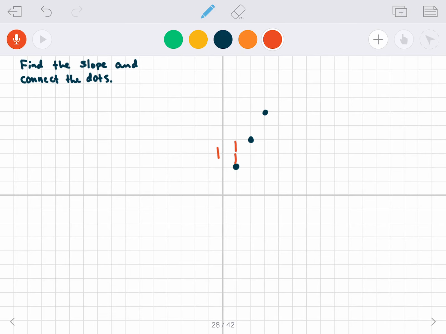So I went up 2. So plus corresponds with up. Then I go to the right 1. So right corresponds with plus. And so my rise over run,